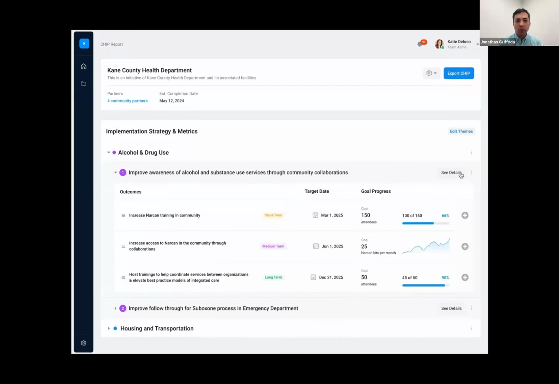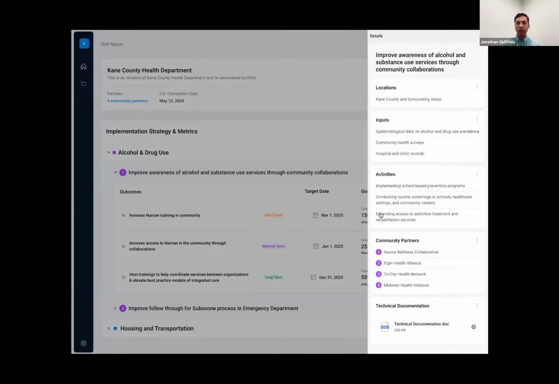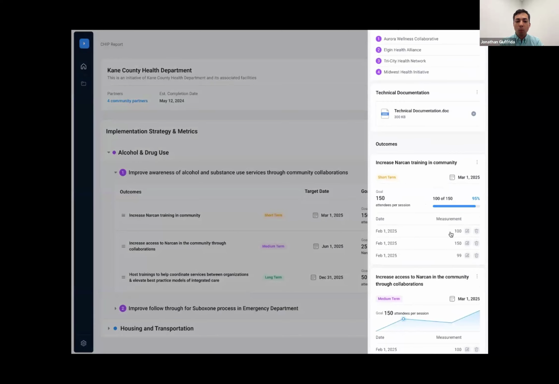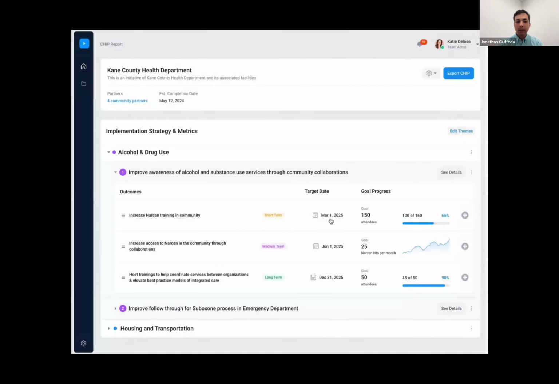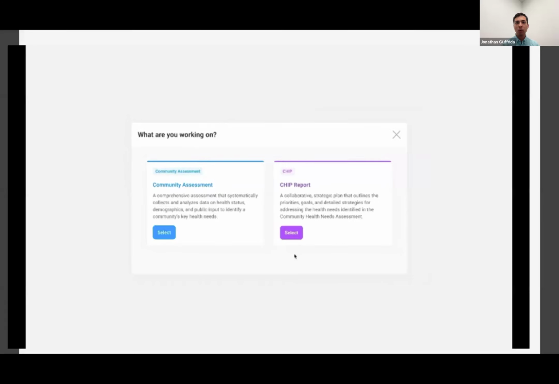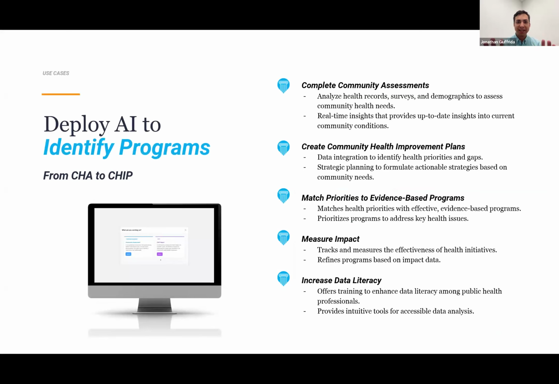One of the challenges with using a program library or one of these sources is that it's not always contextual to your community. Maybe you're a rural system. Maybe you're really interested in partnering with schools, and maybe that's not really in that program bank. What AI can do really well is craft recommendations based on context and solid information, and then tweak them for your community so that it's giving you more contextual information that is better for what you want to do. I apologize for the chaos happening on the screen here.